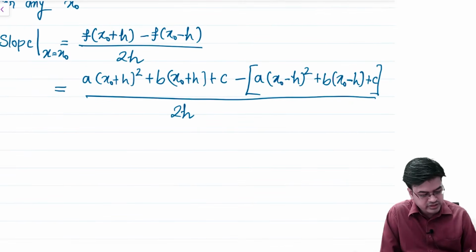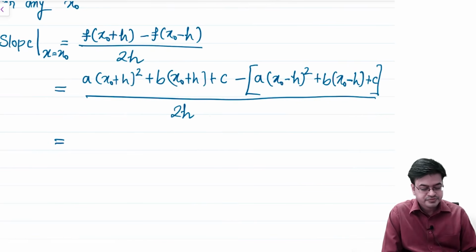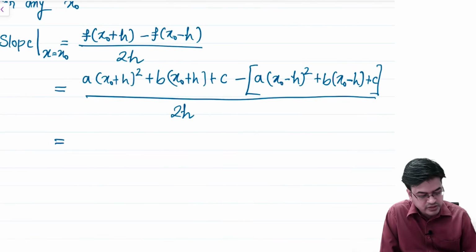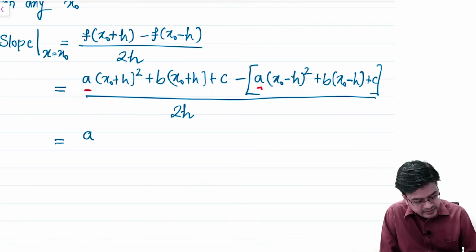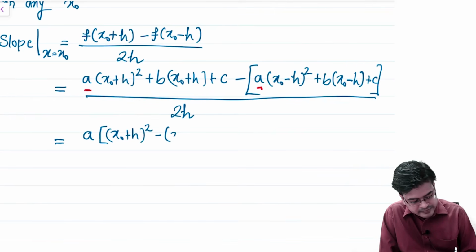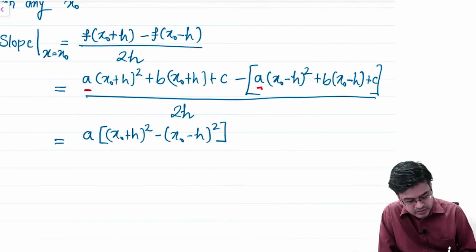Slightly shrink it down so that it is visible. So let us first focus on these terms like a. So let us club them together, and you will get something like a times (x naught plus h) the whole square minus (x naught minus h) the whole square plus b times,